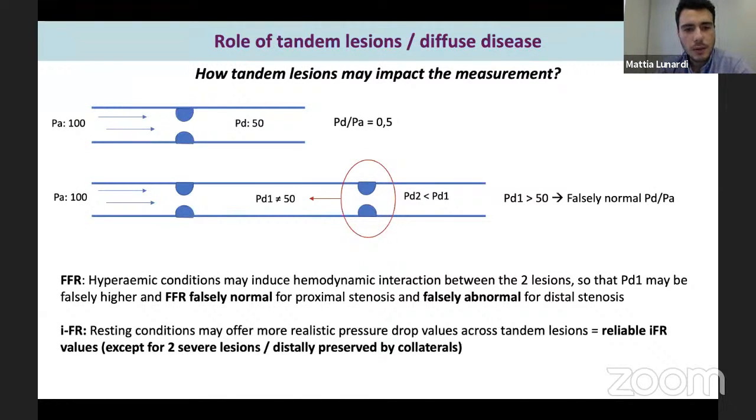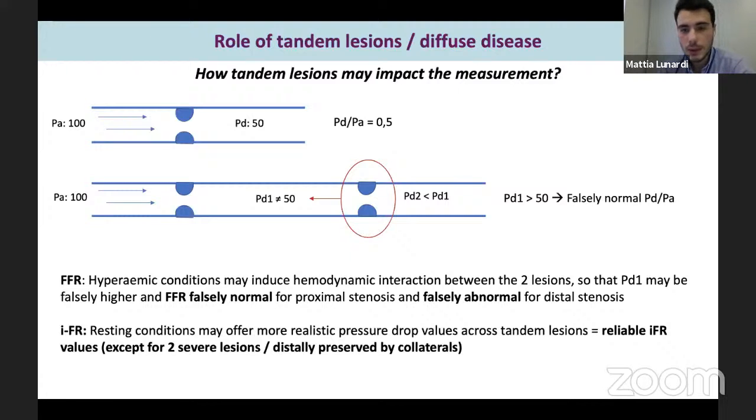If we have a single stenosis in one vessel and we measure the Pd/Pa and find a Pd/Pa of 0.5 because we have a distal pressure of 50 and an aortic pressure of 100, and we imagine a second stenosis distal to the proximal one, the new Pd in the middle between the two stenoses, I expected that during hyperemia, this pressure could be higher than the normal pressure we can find without the distal stenosis, and this could impact the Pd/Pa ratio